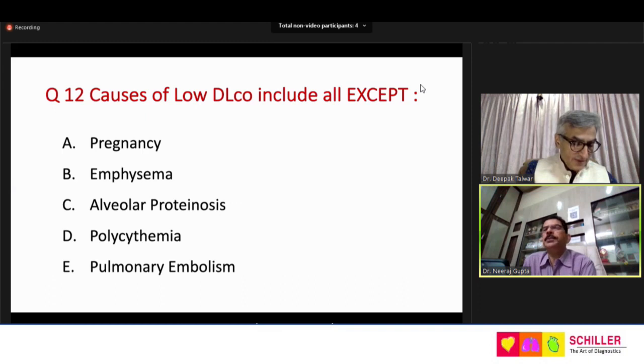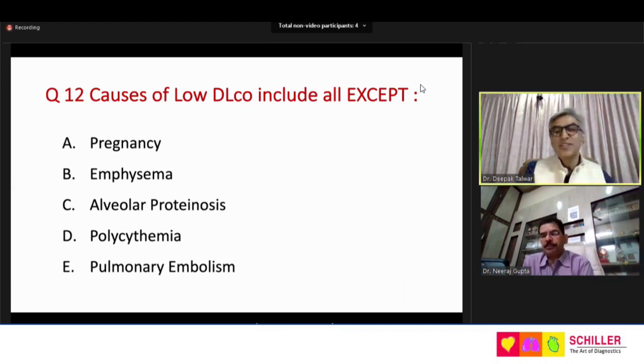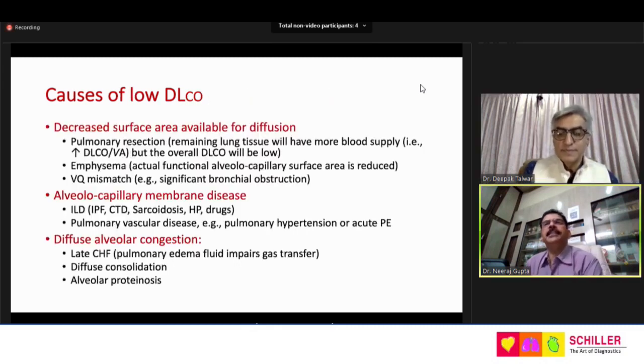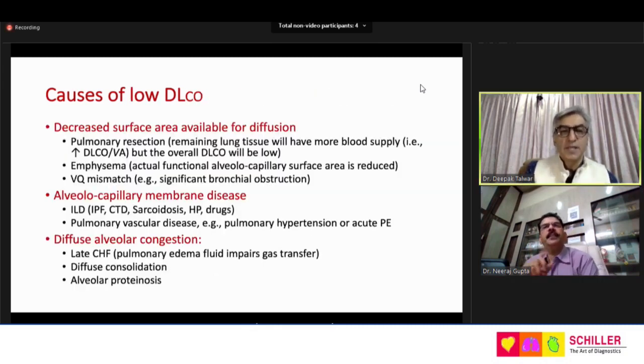75% have polled for option D, polycythemia. Very correct. So this is very easy because anemia, we do understand, decreases the diffusion capacity and polycythemia increases the diffusion capacity. Others have polled for pregnancy. Some people have picked up pregnancy. Okay,